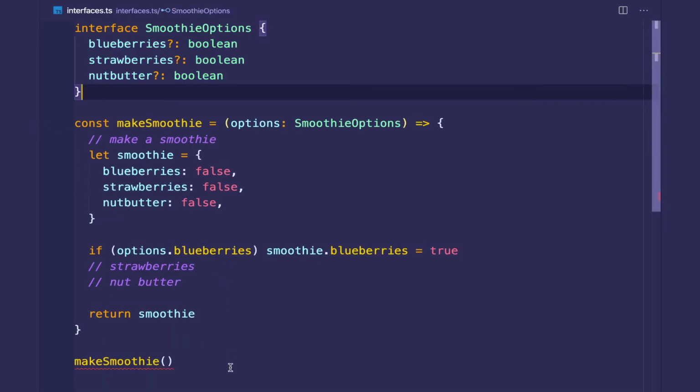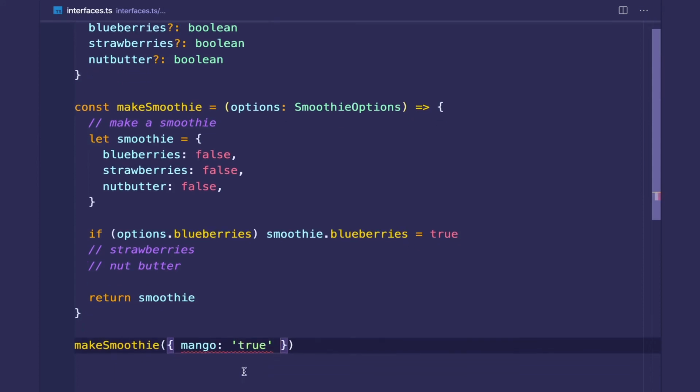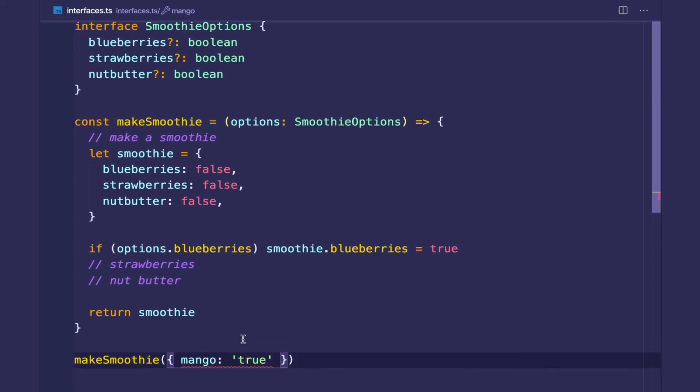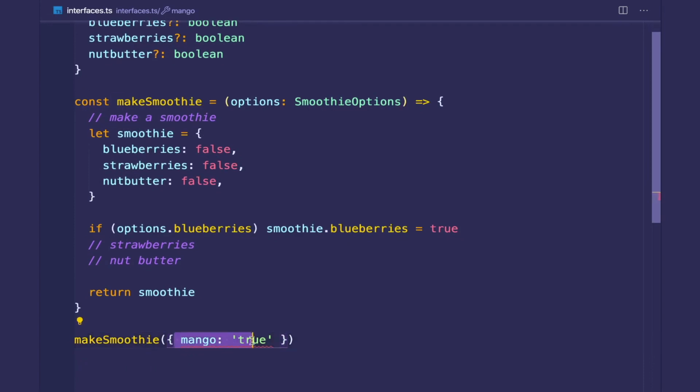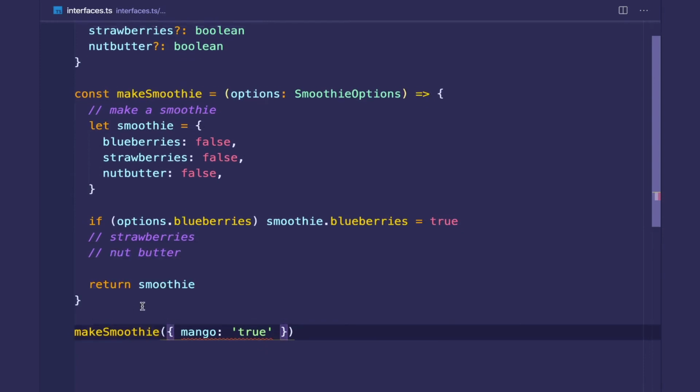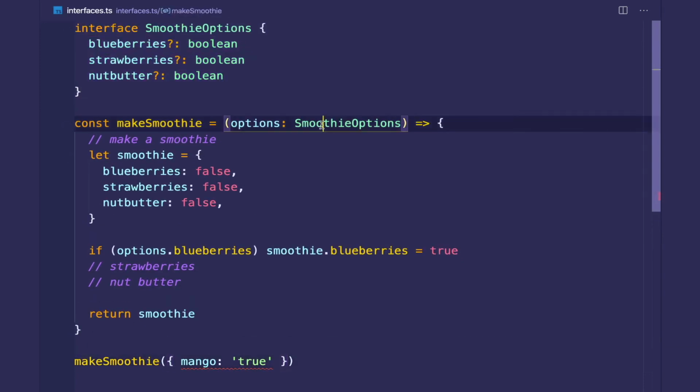And Typescript says no, we don't. So we can pass in an empty object. That's, I think, the one exception. But if we try to pass in an object with an excess property like this, it's similar to excess property checking right now, where we have an extra property as an object literal. But the thing that's different with weak types, where all of the properties are optional, is that